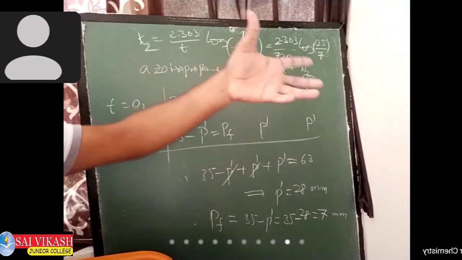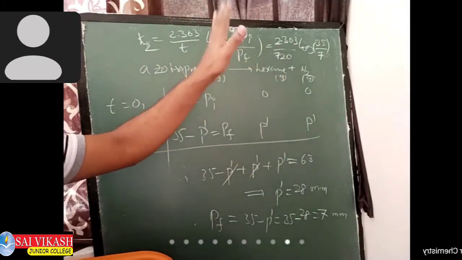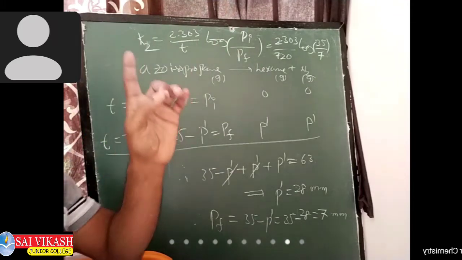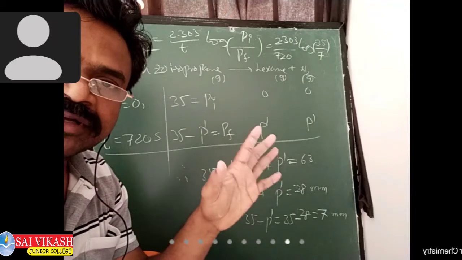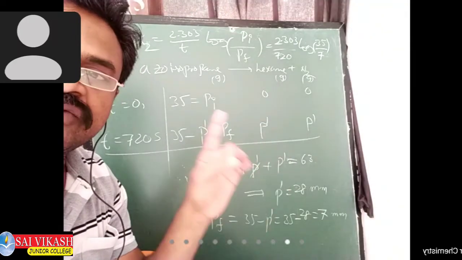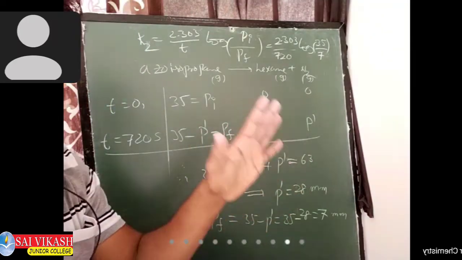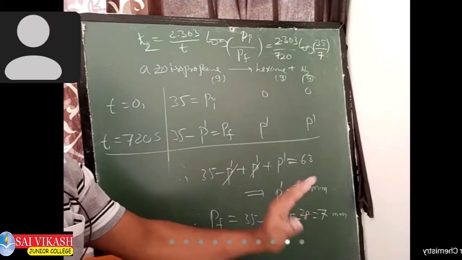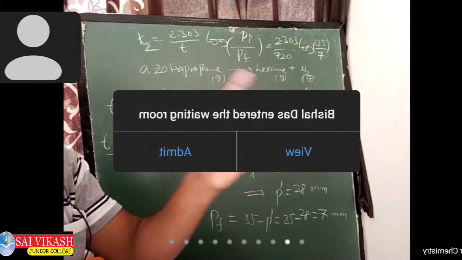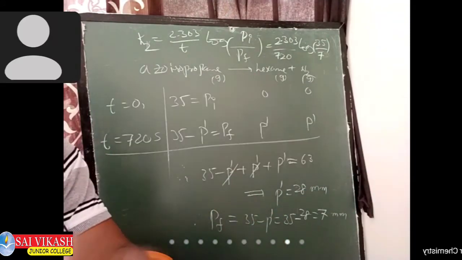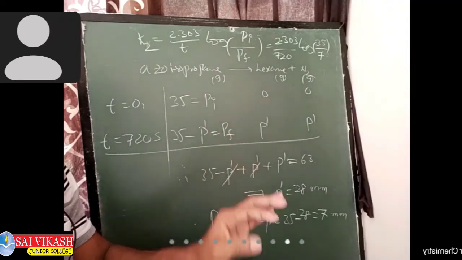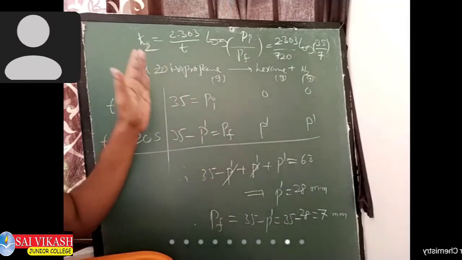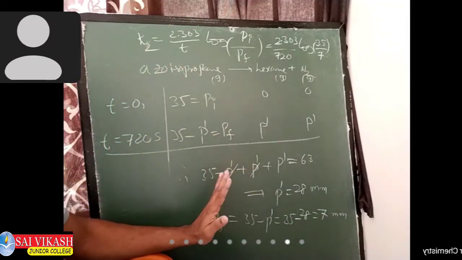If different values are coming, it means you are taking the wrong integrated rate equation. Usually 99% of problems are based on first order integrated rate equations only. If it is zero order, they will mention clearly that it is zero order, so there is no confusion in that. Maximum questions are from first order integrated rate equations only.